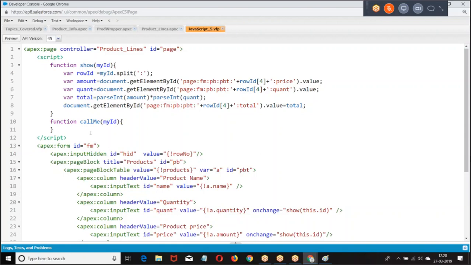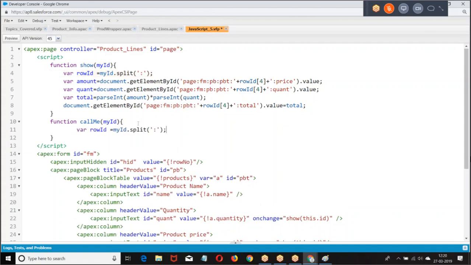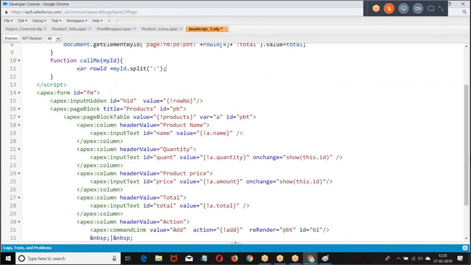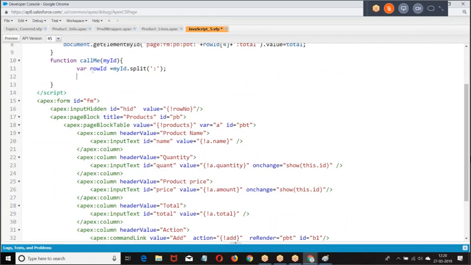Look at the point. When you get the ID, split the ID. When you split the ID, where is the row number? Row number is at 4th position. So what I'm doing?